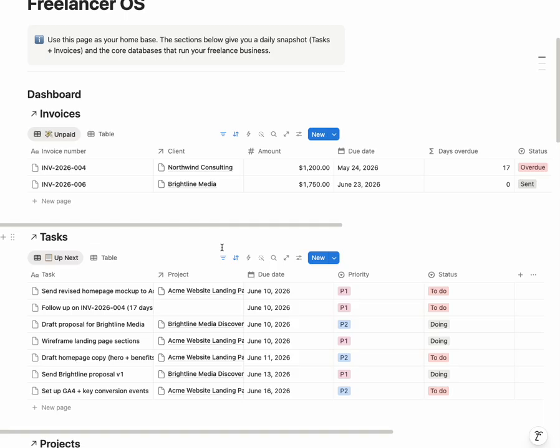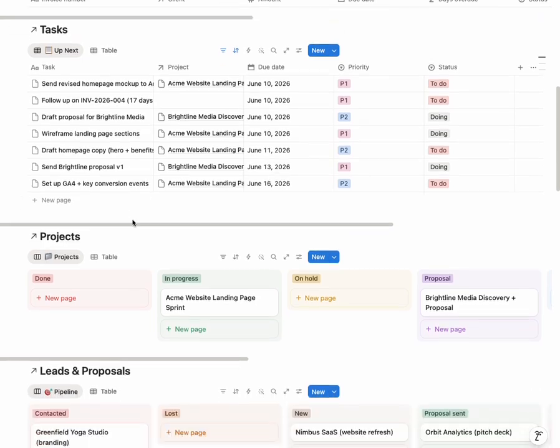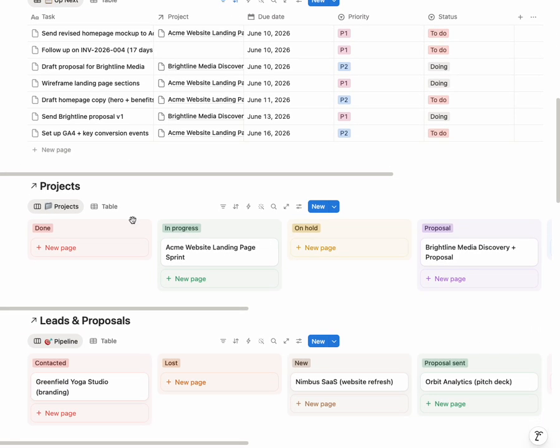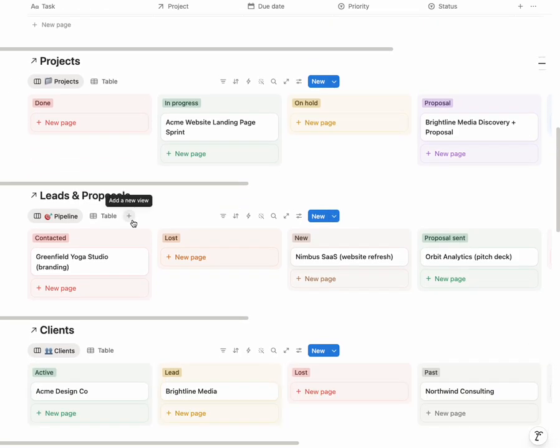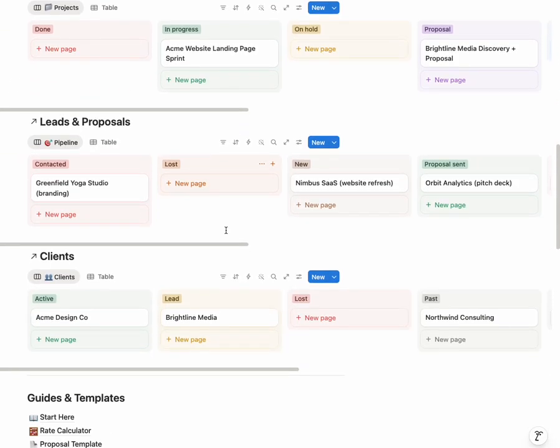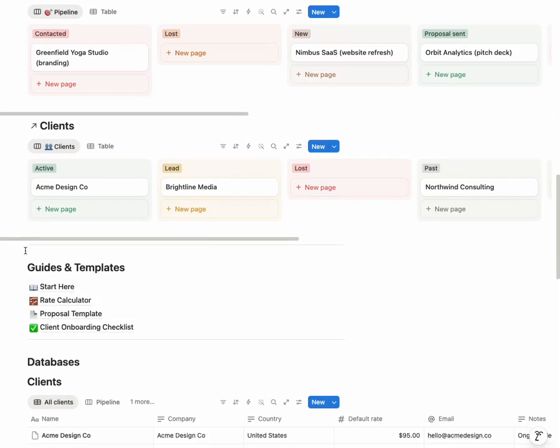As you can see on the dashboard, you can see your unpaid invoices, your upcoming tasks, and your projects which are in progress or on hold. You also see your leads and proposals in the pipeline, which you have contacted, lost, new, or sent, and your clients which are active, lead, lost, or passed, and you also have the guidelines of your template,